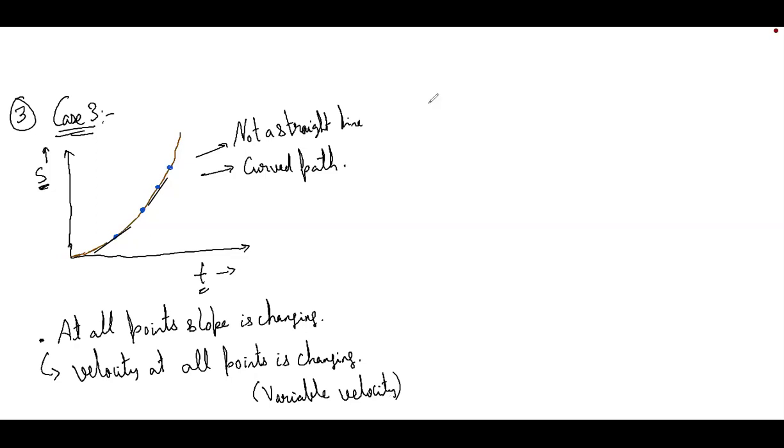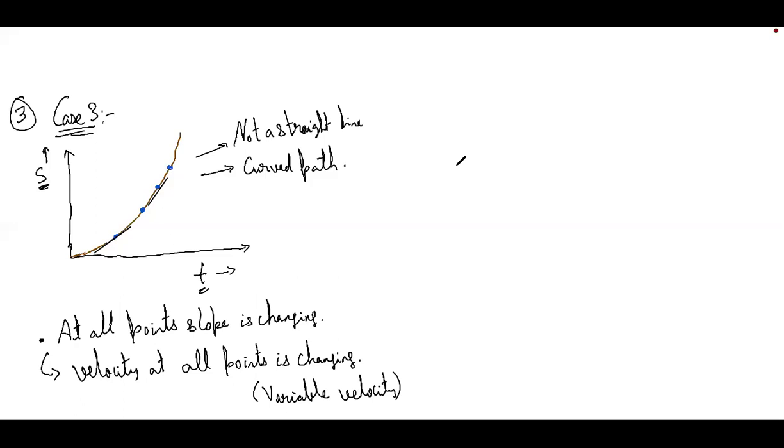Is this curve clear to everyone? Anyone has any doubts in this curve? Yes, Pratyush, Ronak. Any doubt in this? No, sir. Okay, so this is the third case. So this was about the displacement time curve.